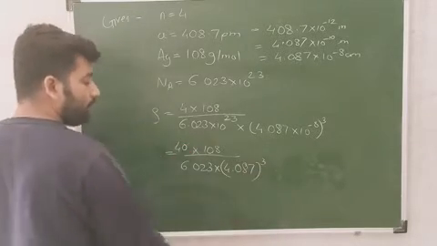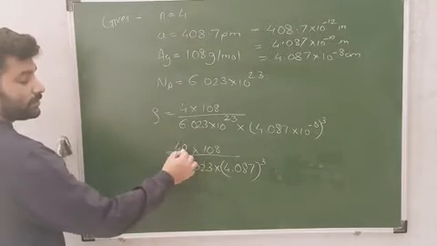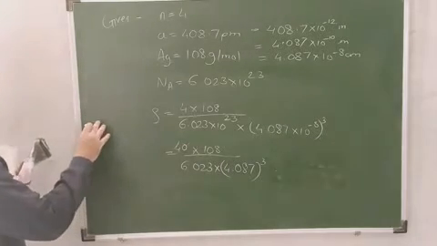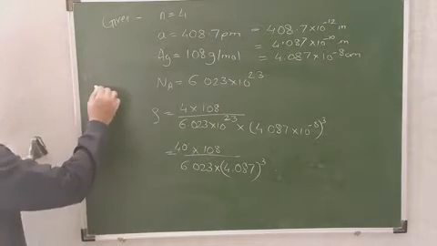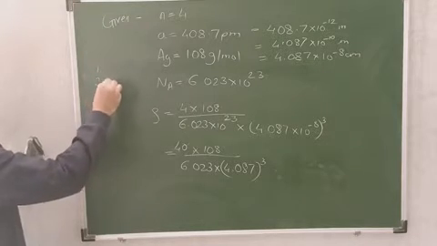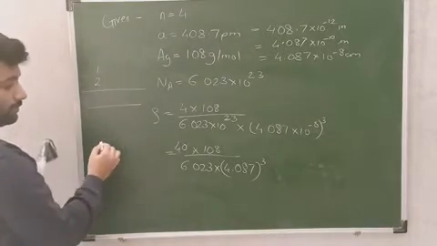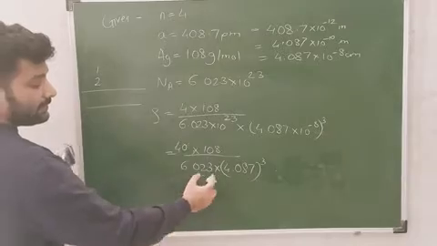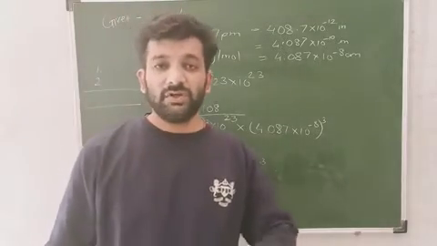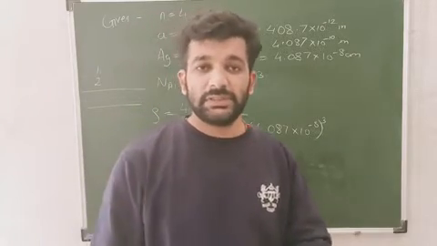Now what we are going to do is, we will see the log values of these two terms. So 40 into 108. We will see the log of 40. Then we will see the log of 108, and then we will add them. From that addition we will subtract the log. Okay, I will try to solve. I will bring the log table and I will solve one example for you. Similarly, we will solve the next examples.